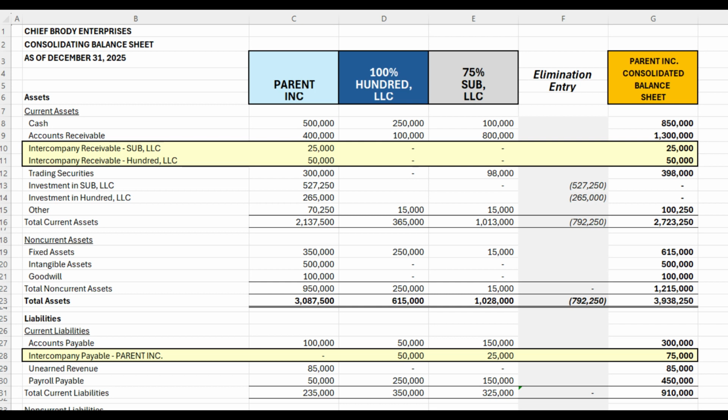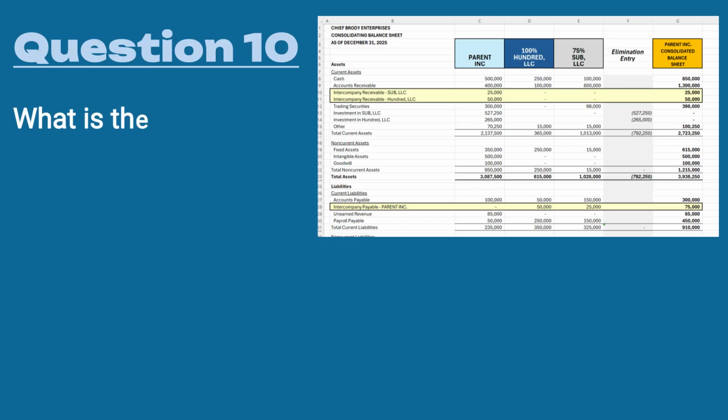Question number 10, our last question. We're going to be looking at a hypothetical scenario. What is the journal entry to eliminate the intercompany accounts between Parent Incorporated, 100 LLC, and Sub LLC when consolidating